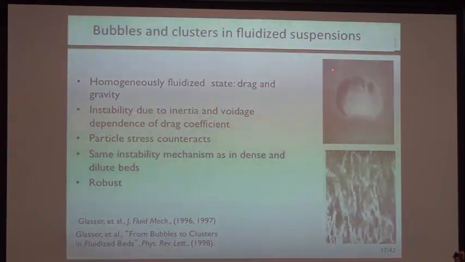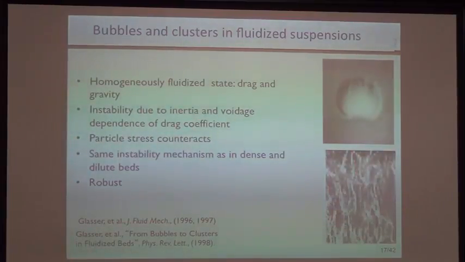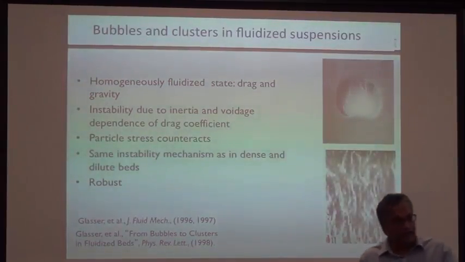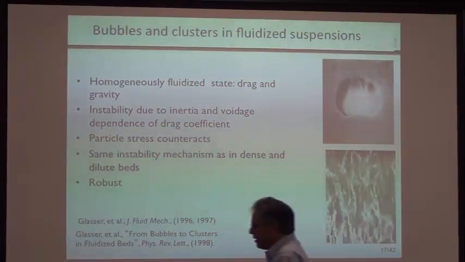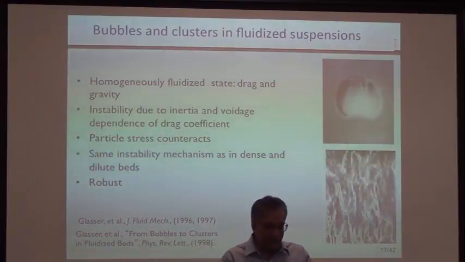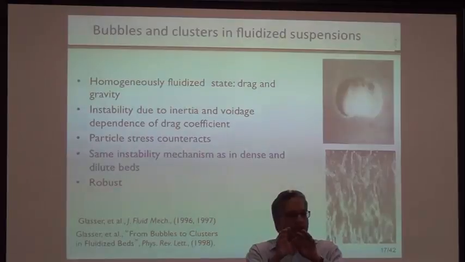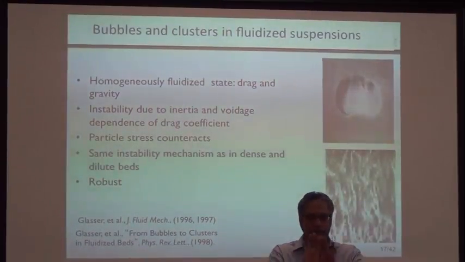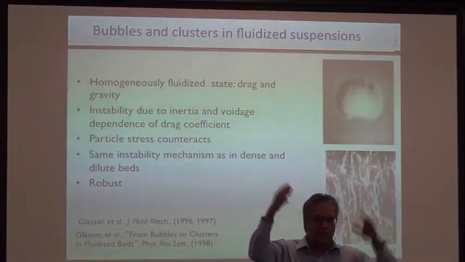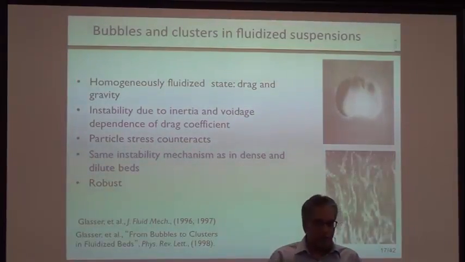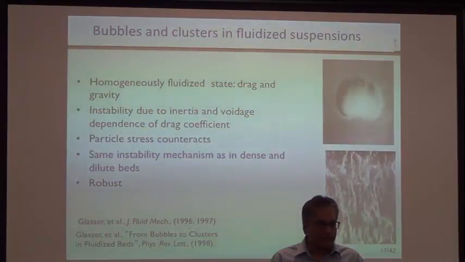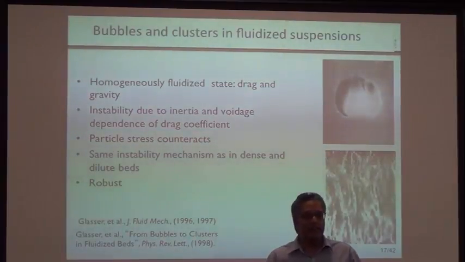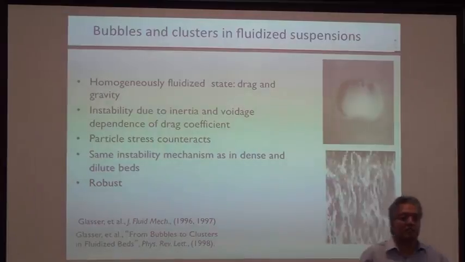And we also showed that the reason why you get instability like this is because you have a competition between inertia and the drag coefficient, which tends to destabilize the problem. If I have to give a very simple, intuitive way of thinking about it, the gas wants to go up, the particles don't want to go up, the gravity wants to come down. So the particles move aside and give an opening for the gas; the particles can go down and the gas can go up, each going their own way. So segregation of the flow allows a decrease of the overall pressure drop that the system has to feel, and that is the natural tendency for the system to not be homogeneously distributed.